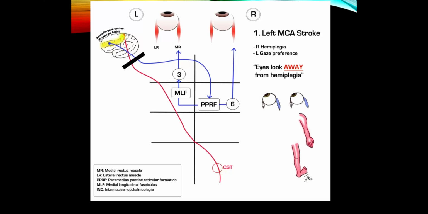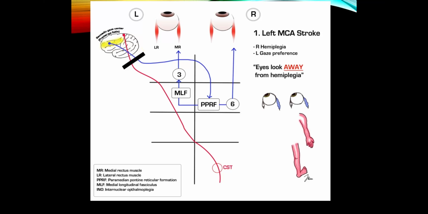And so which way will the eyes tend to look if we have a stroke here in the left middle cerebral artery? Well, if you didn't even understand or remember all of this, if you just remembered that the left brain normally wants to drive the eyes to the right, and so if you destroy this area, now you have the frontal eye fields in the right hemisphere that are overactive, and they're going to drive the eyes to the left. So remember, the left frontal eye fields want to drive the eyes to the right, and so if we have a stroke here, the eyes can't go to the right, and so they get driven towards the